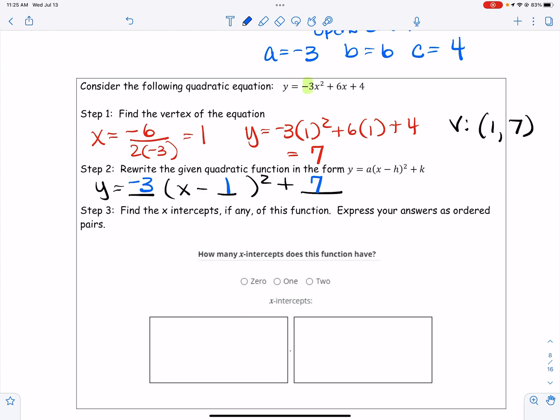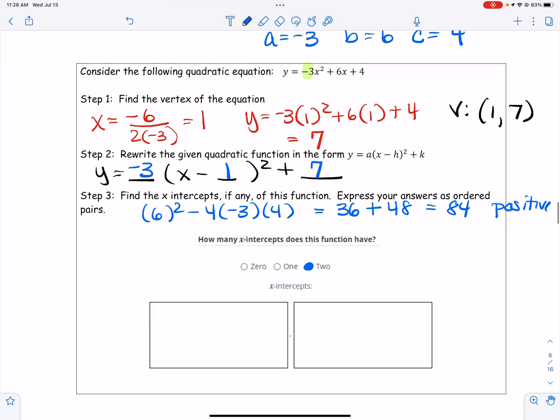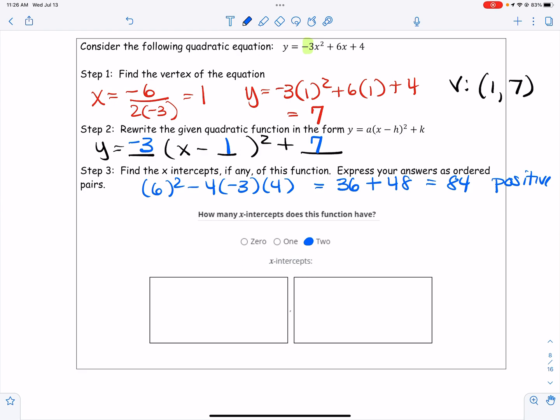Now to find the x-intercepts, we are going to look at the discriminant. So b squared minus 4 times a times c gives me 36 plus 48, which is 84. It's positive, so we have 2 x-intercepts. Now this one doesn't factor, so we are going to have to use the quadratic formula on this one